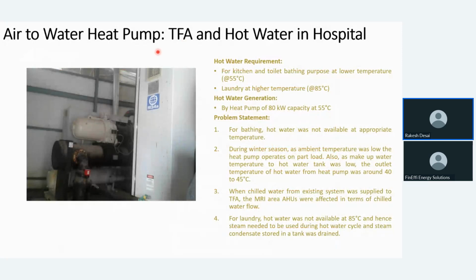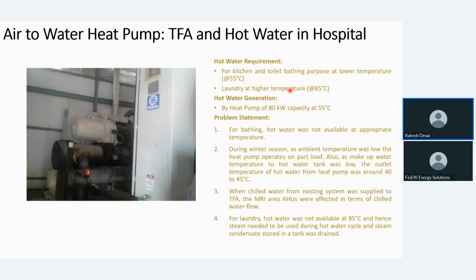This is the air to water heat pump case study in a hospital. In a hospital, they already installed a 55 degree centigrade heat pump to meet their kitchen and toilet bathing purpose. Whereas the laundry was requiring 85 degree centigrade, and they were using a dedicated boiler for the generation of 85